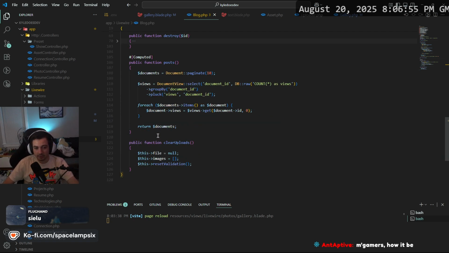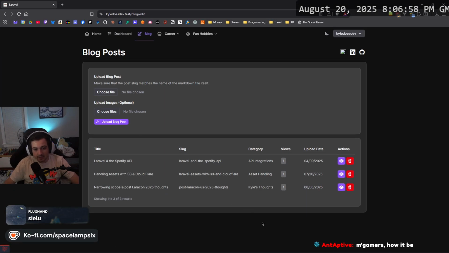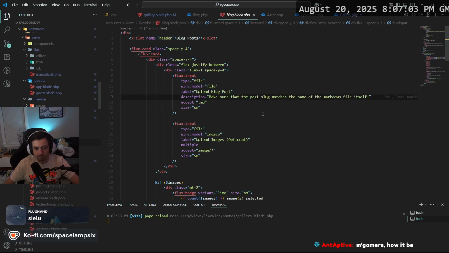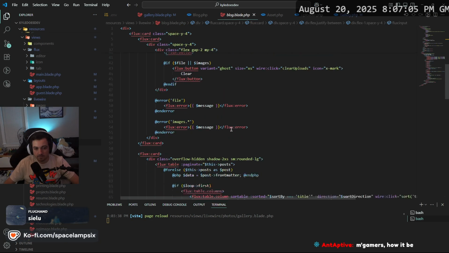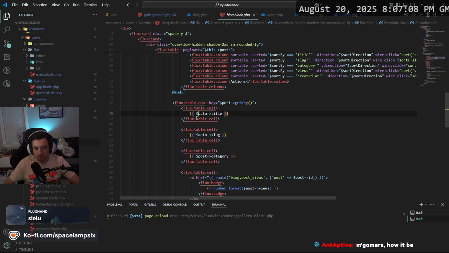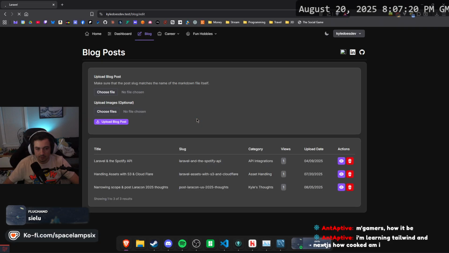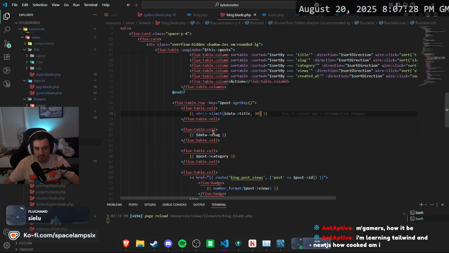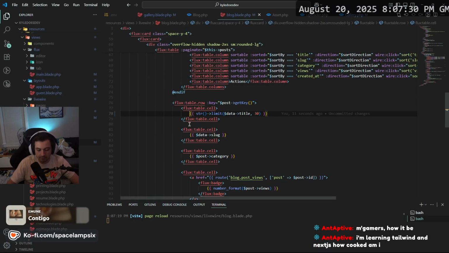And then it indexes it. But yeah, I think I want to do a string limit on the title, which is pretty easy. I just do this, str limit, this, and then let's do like 30. And it does the auto ellipsis. And then what I can do is wrap this in a flux text